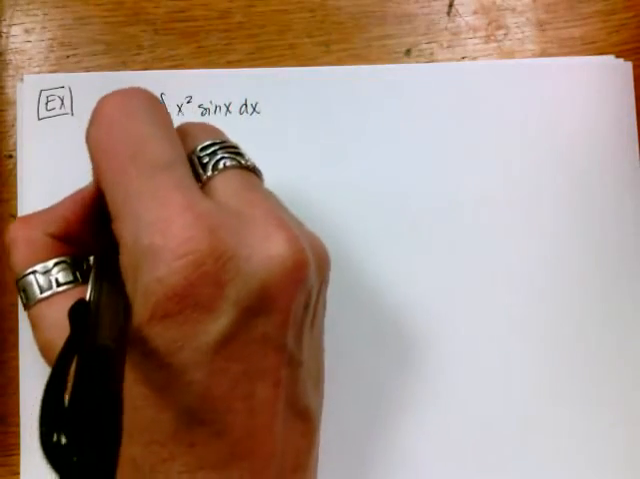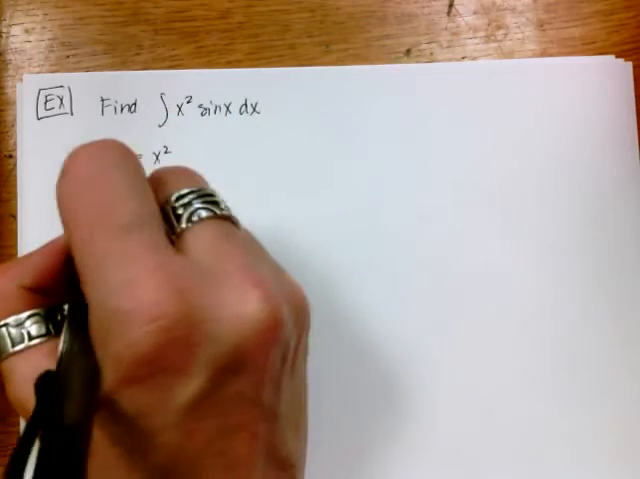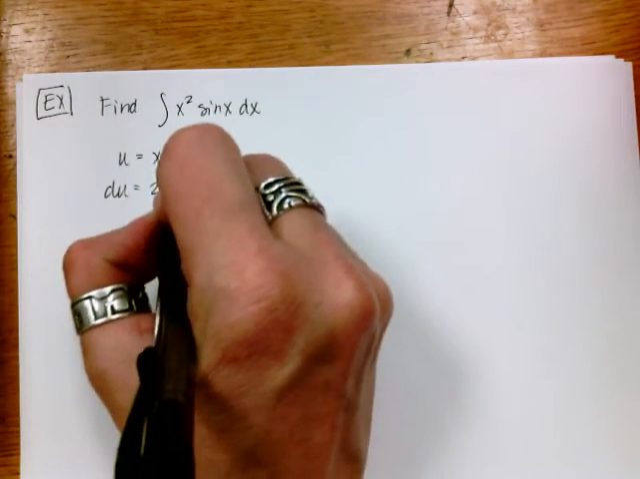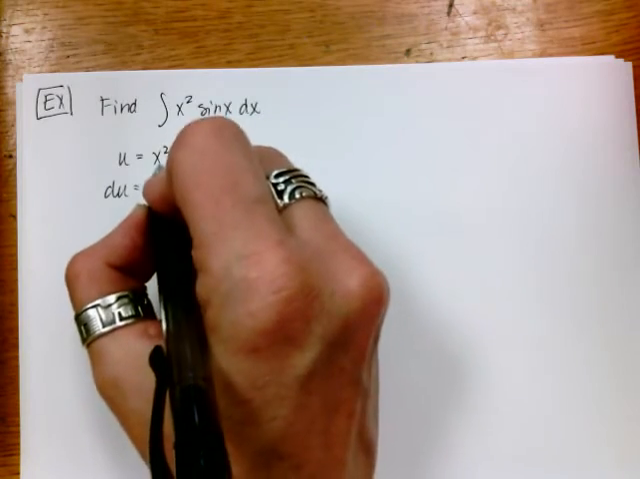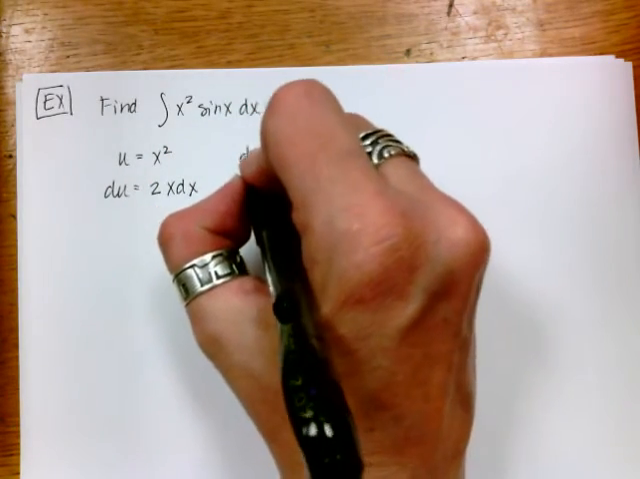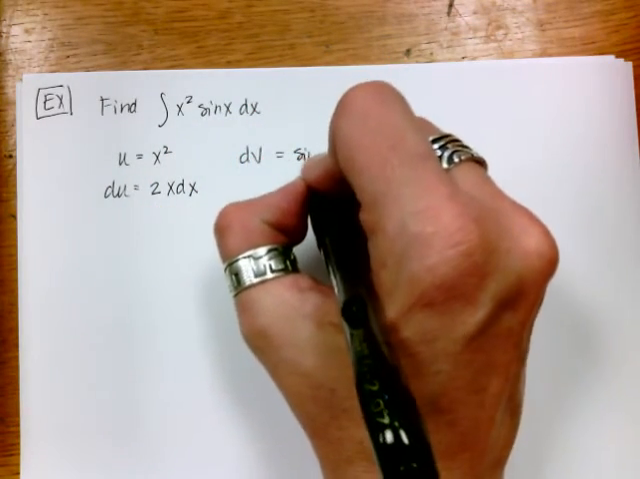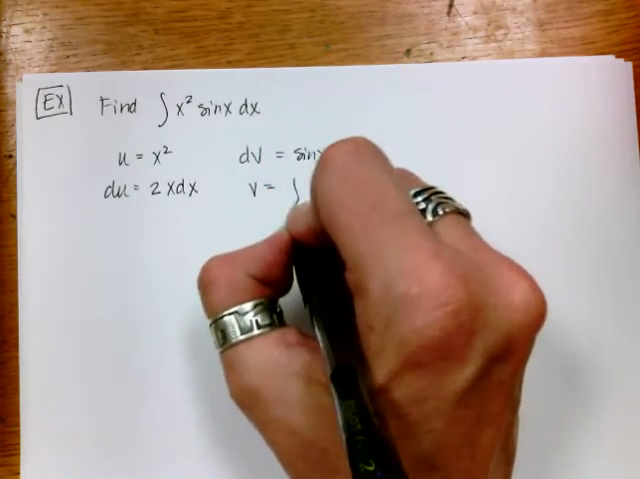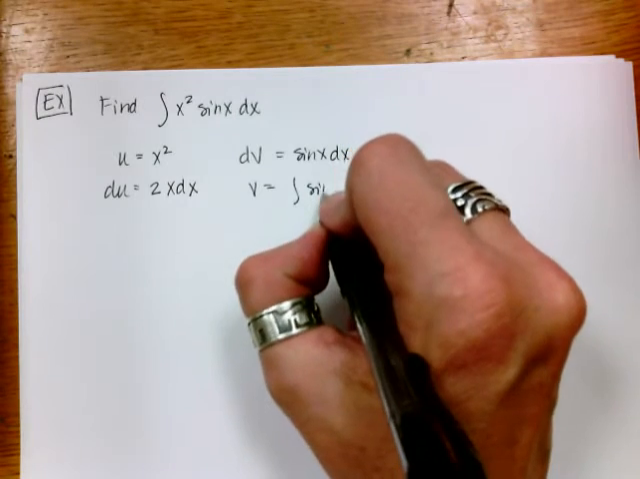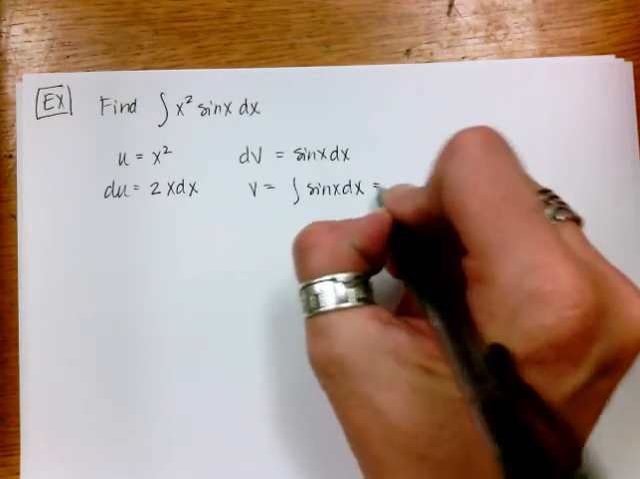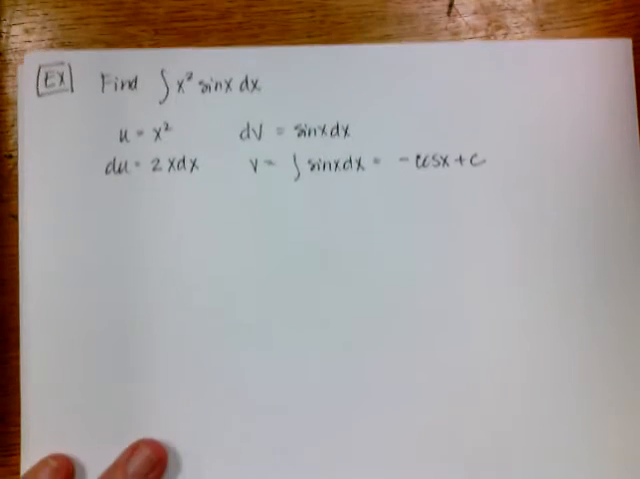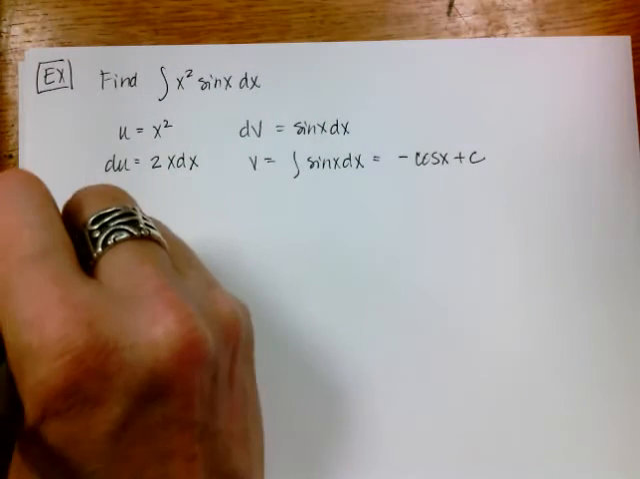So when we start, I'm going to let u equal x squared, so du is 2x dx. If u is equal to x squared, then that means that dv is the sine of x dx. So v is going to equal the integral of the sine of x dx, which is a negative cosine of x plus c. All right? So if I do my by parts,